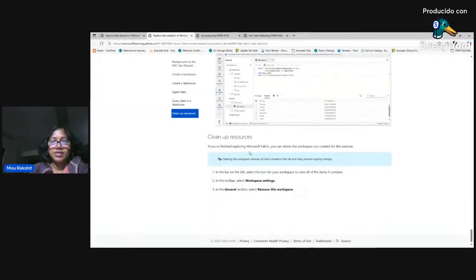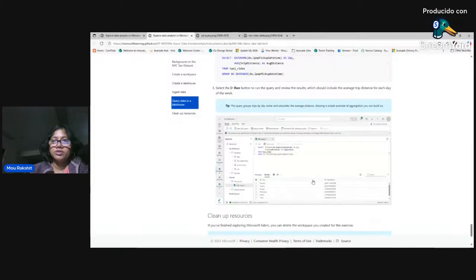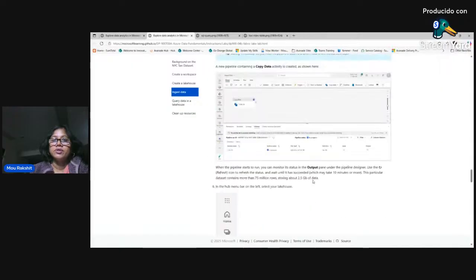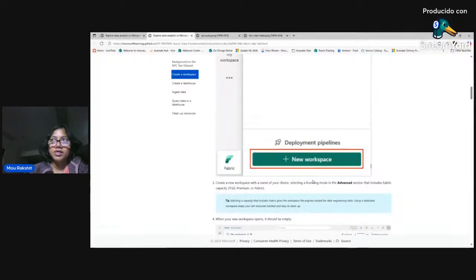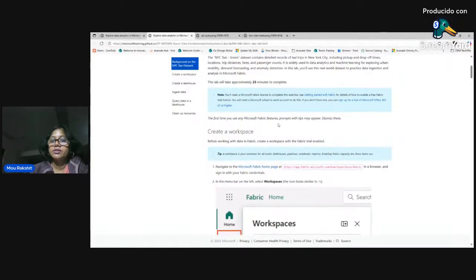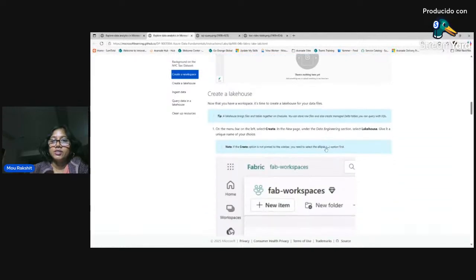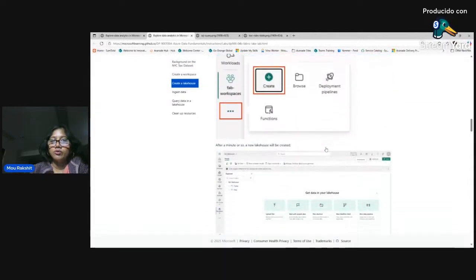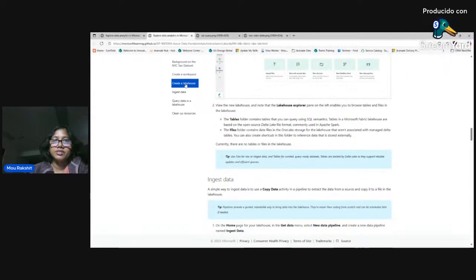Next, at the end, you're going to clean up the resources. If you want to keep them, keep them. If you want to re-practice, you can delete the workspace. That will remove all of the components you created, which is your lakehouse and your delta table. So this is a very short exercise which gives you the ability to practice building a delta table within a lakehouse within your workspace in Microsoft Fabric. It's self-explanatory, and you notice you didn't write a single line of code. It's all through the UI, so it's low code or no code. These are all the steps: create workspace, create lakehouse, ingest data, query it, clean up. Okay. Now we are going to go back to the lecture.